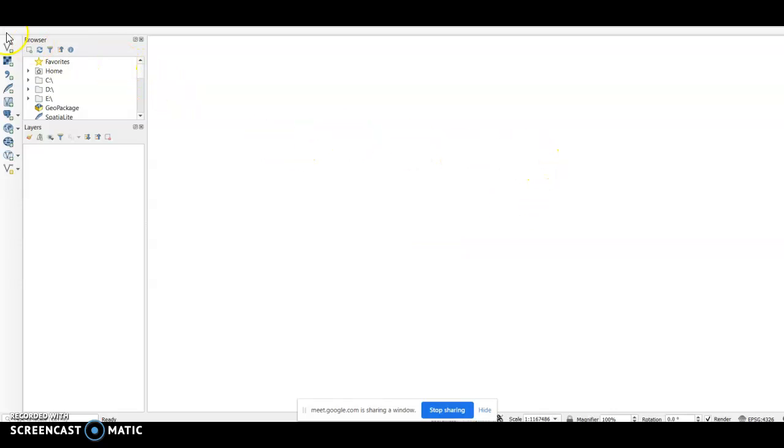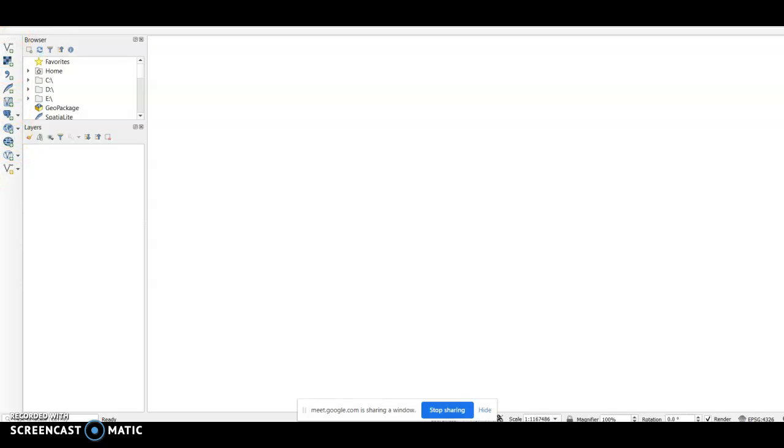Now, part of the window is called the browser window. You will browse all the files where you have stored them, and these are layers. I'll explain what layers are later. Now listen to this. This is the part that will help you to upload the files. There are different types of files. One is vector, the other one is raster. I'll let you know what both vector and raster are later. So these are the places where you will upload those.